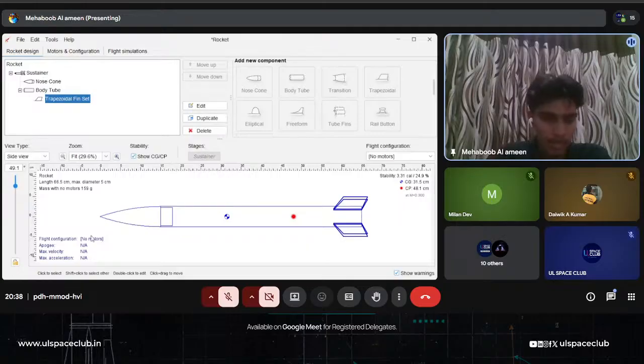And here you can see in the information section, the component mass is 5.3 grams. Okay, 5.3 grams would be the entire mass for the four fins. This is calculated by the component material that we have given. Okay,